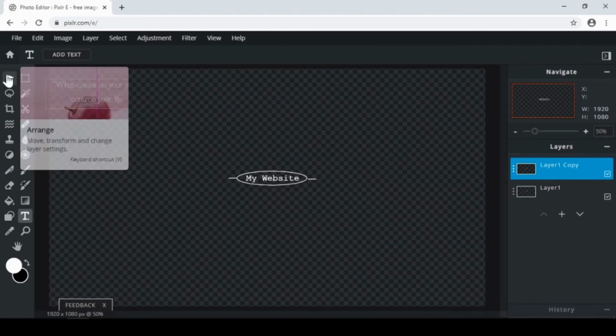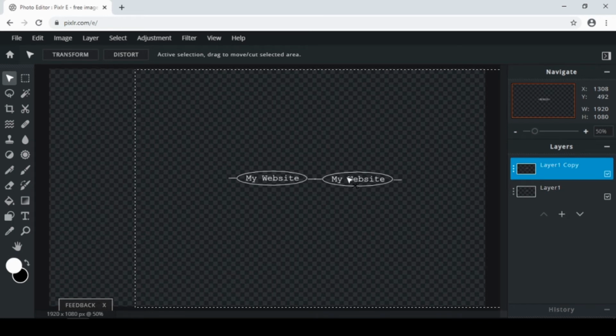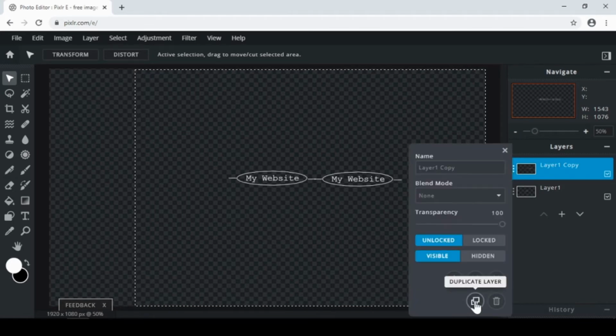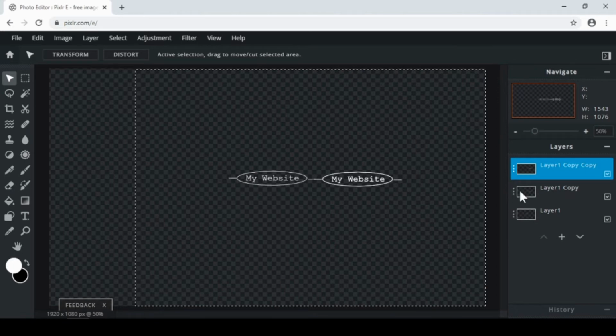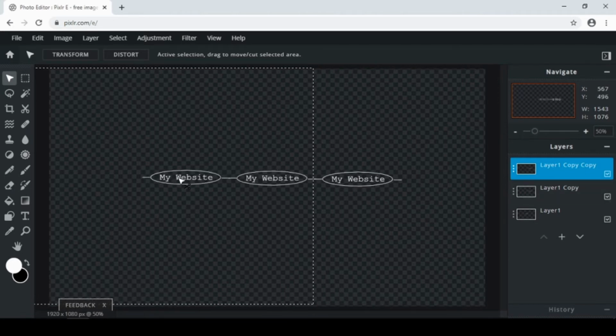Now you click here and you move this layer to the next one like this. Great. Then click again on these three dots and choose duplicate again. We duplicate from this one, so it will be here. Take it from here and put it on the other side. Great. Now we have three